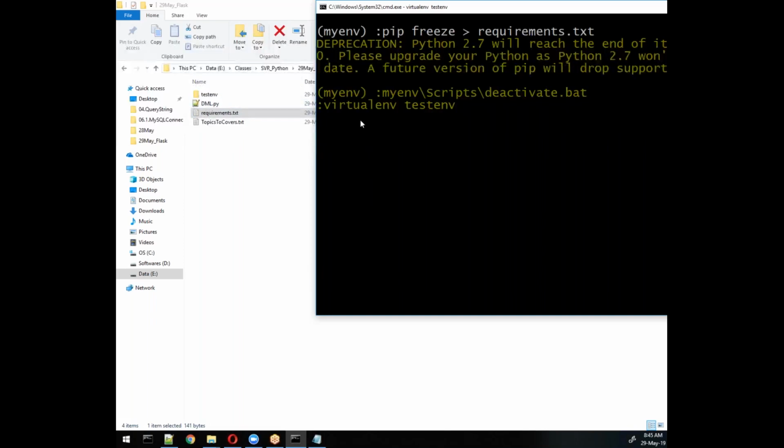So all libraries mentioned in this requirements.txt will be available in test env. Remember the purpose of requirements.txt: it will install all libraries whatever we have. So it's a kind of backup of your packages.